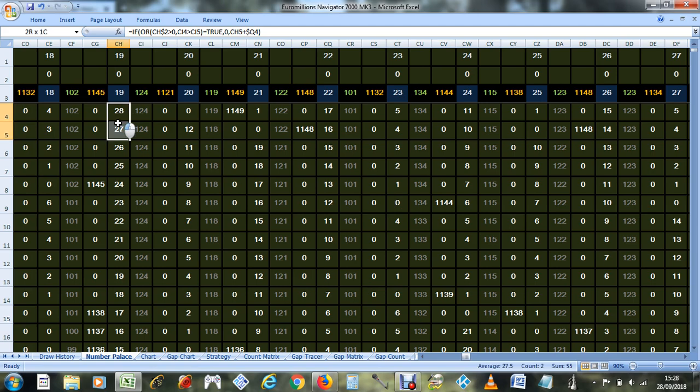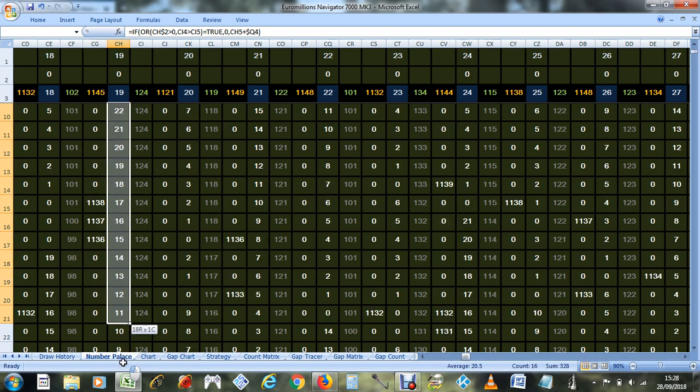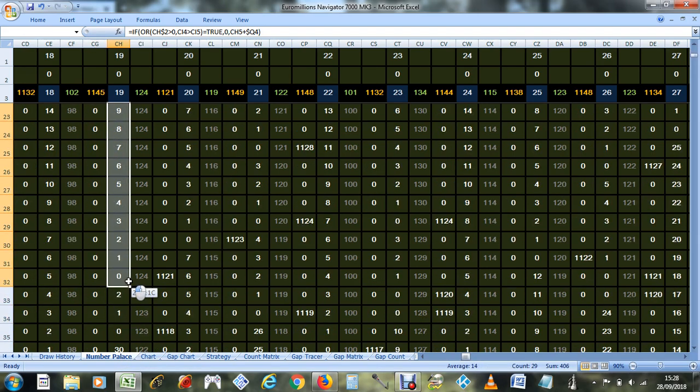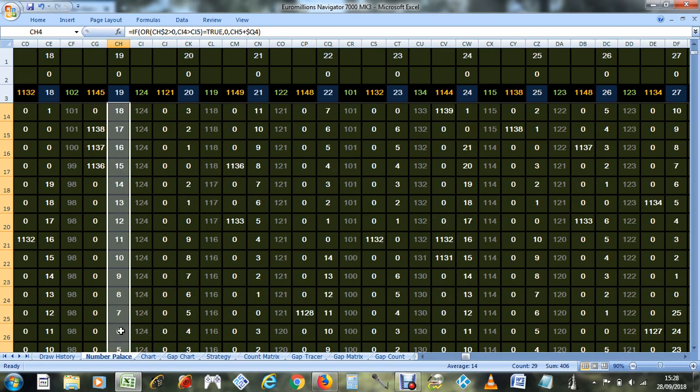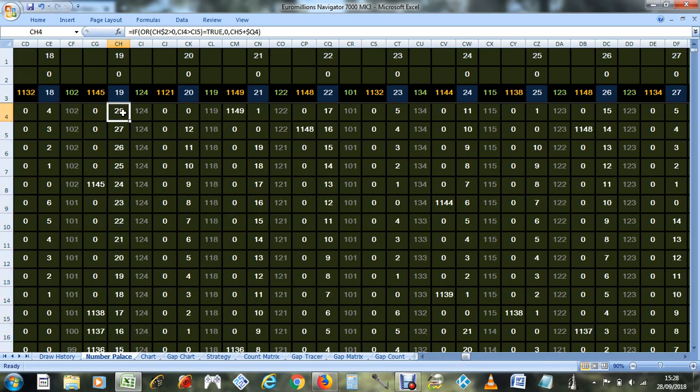So for example, number 19 last occurred in draw 1121, and this is a counter, this column here, it counts up to this number, and then that